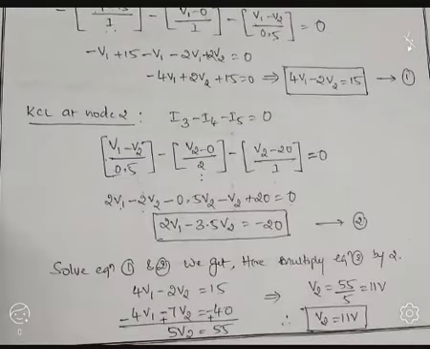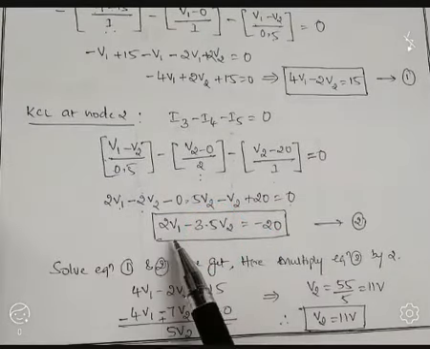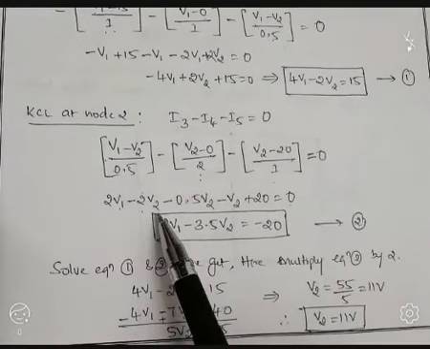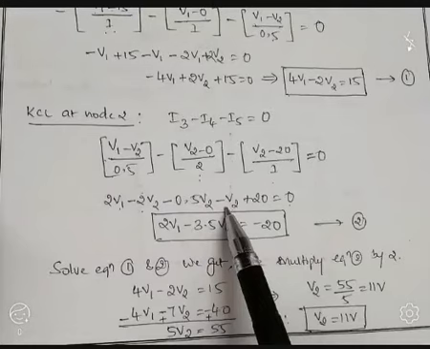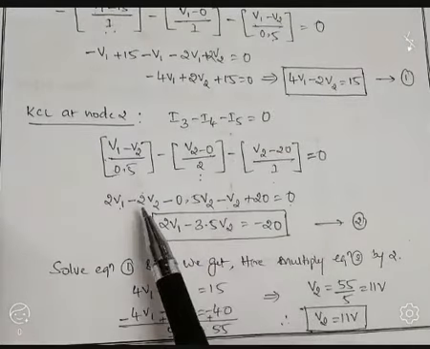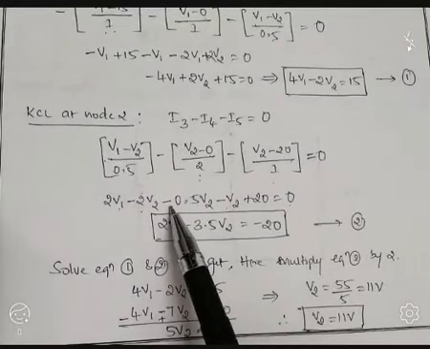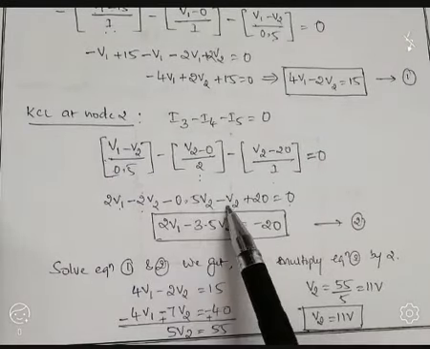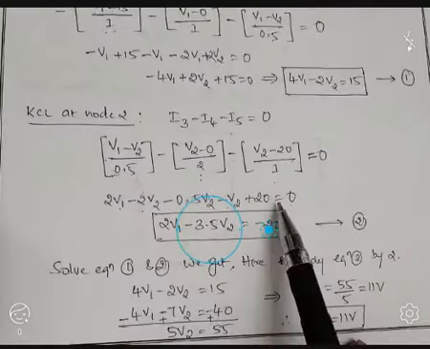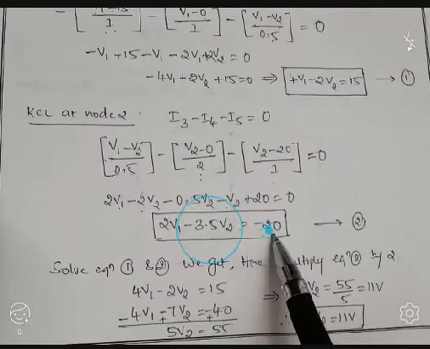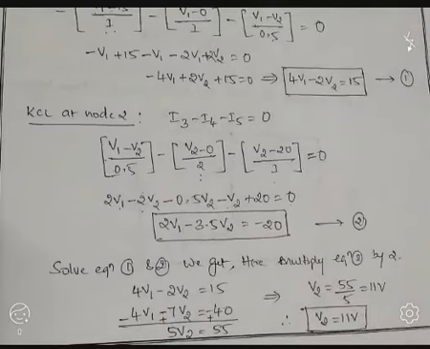Okay. Next, see the coefficients of V1. Only one term is there, so let us take it as it is, 2V1. Next, go for the coefficients of V2. How many V2 terms are there? 1, 2, 3. There are 3 V2 terms, so observe the coefficients and simplify. Minus 2 minus 0.5 is minus 2.5, minus 2.5 minus 1 is minus 3.5V2. If you take 20 to the right side of the equal sign, it becomes minus 20. So let us represent it as equation number 2.